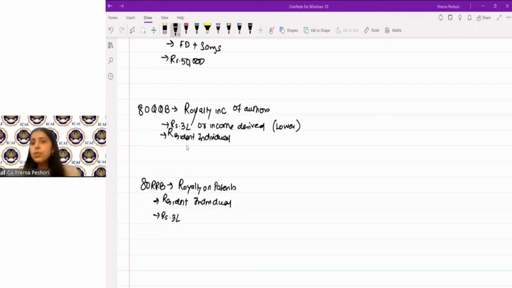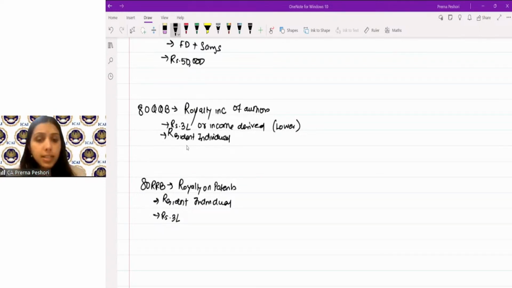The last point which is remaining is in terms of 80IA, 80IB, all of these sections: any transfer of goods from the eligible undertaking to a non-eligible undertaking has to be at the fair market value. Are we clear? And all of these deductions under 80IA, 80IB can be claimed only when the return of income is filed before the due date under 139(1). Clear? Just remember these 2 points.